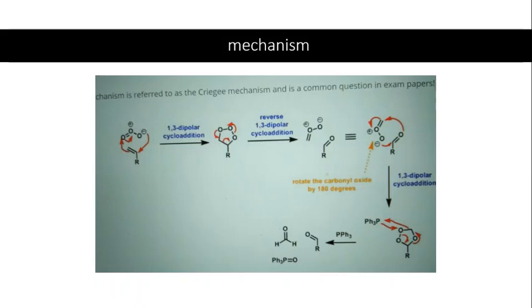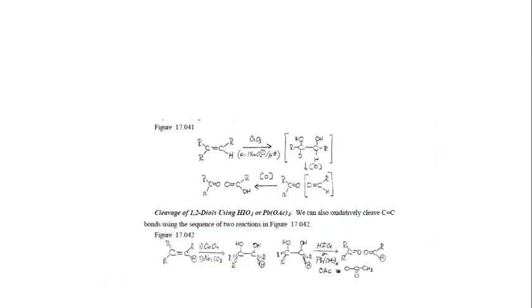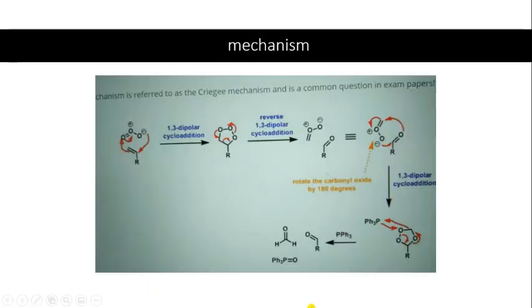After this attack, what happens, the oxygen lone pair of the carbonyl carbon attacks the double bond, and the double bond pi electron is pushed towards the oxygen. So there is a formation of another cyclic structure which is even more stable than the initial cyclic structure, that is the molozonide. This structure is called the ozonide, right? So this ozonide is comparatively more stable than the molozonide, and this structure still has some instability, and the PPh3